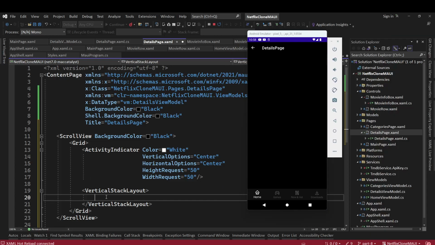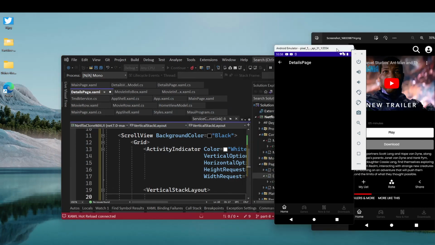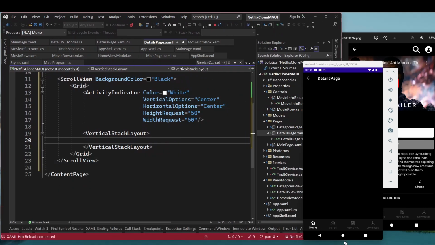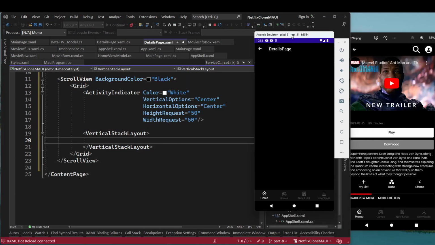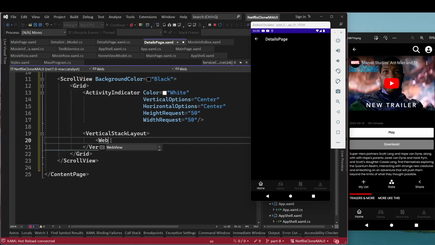So let's add a web view here. So first thing, let's add a web view control. So this web view,